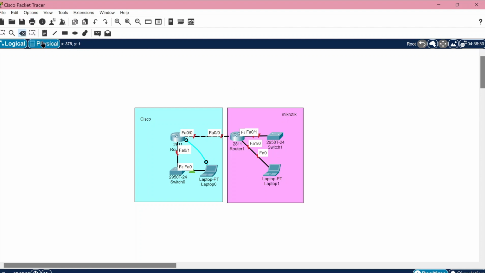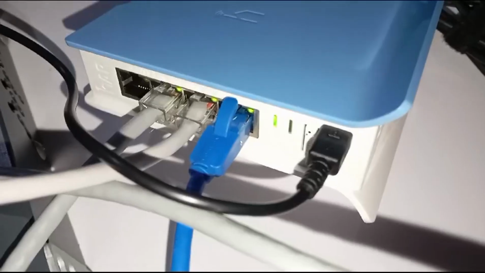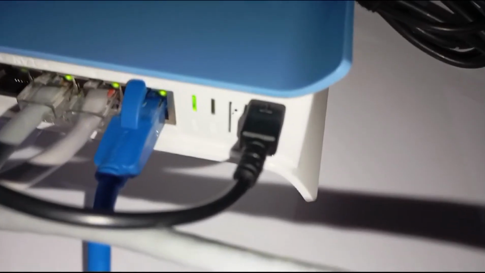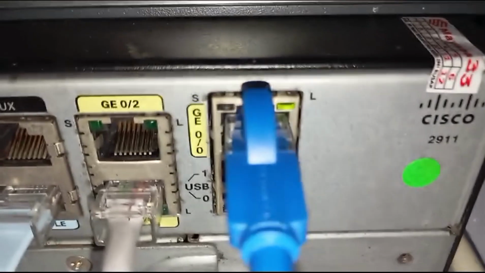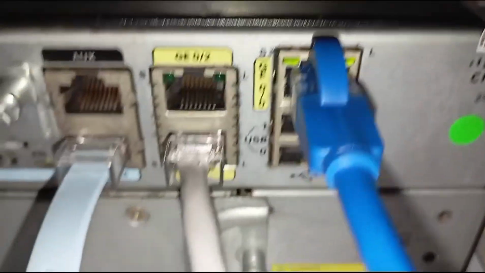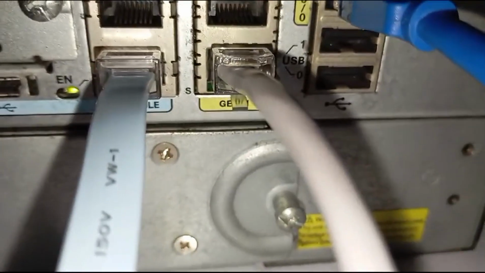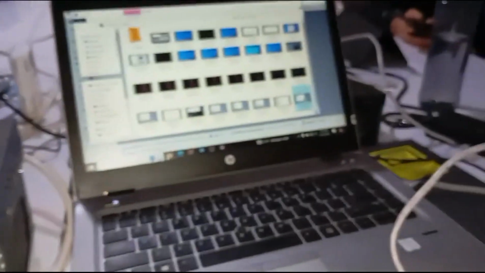Okay, this is the right topology you can use, and this is the topology from hardware I want to show you. Okay, this is Mikrotik, router Mikrotik. The blue cable connect to router Cisco, and this you can look the topology from hardware.